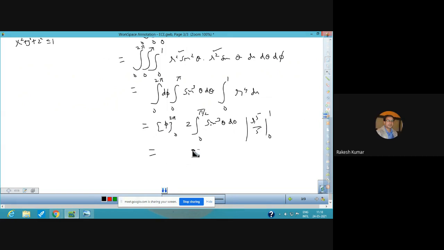So now the limits we have made just to apply the reduction formula. This is a 2 pi from here. This is the 2, and apply the reduction formula. So that will be 2 over 3 into 1. And because it is an odd power, it will not be multiplied by pi by 2. And from here you will have 1 by 5. So ultimately you will have 8 pi upon 15.